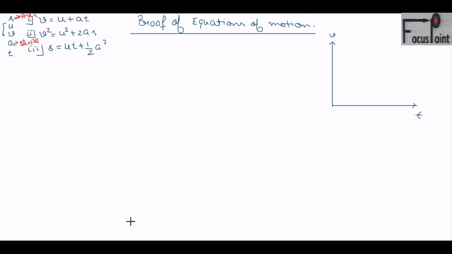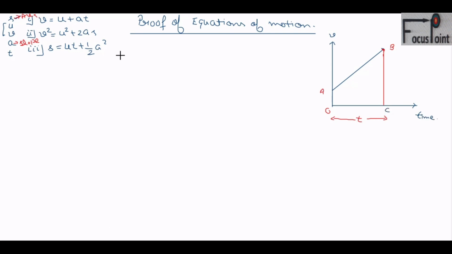Okay, so let's draw any random graph which is a straight line. So let this be a graph of a path covered by any object. Okay, so let's mark the points also. Let this point be the initial point, I am marking A. This point is some random point, let's take it as the final point B. So this is the total time taken by the object. If I am marking this as the origin, the total time T from A to B. Point I am taking as C.